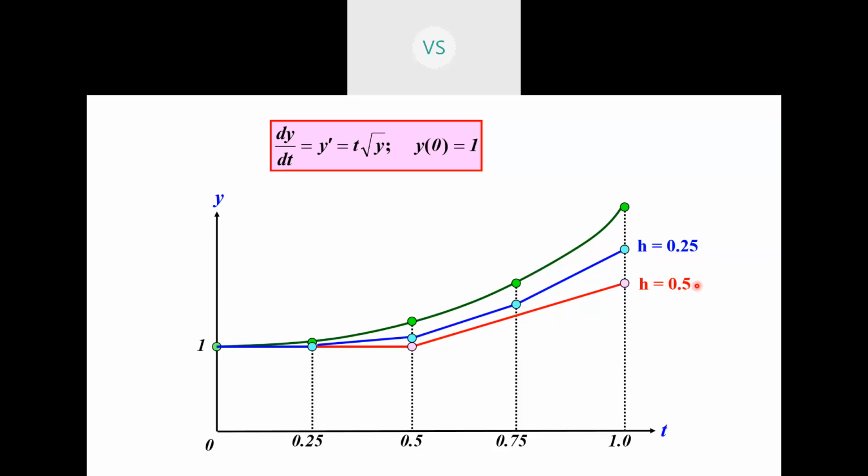What you observe from this is that the error is getting minimized. If you consider h as 0.10, it will be even closer to the true value. You can see it from this graph. In this way we can solve a differential equation by Euler's method. It's a very simple method.